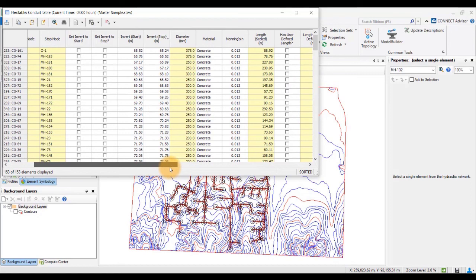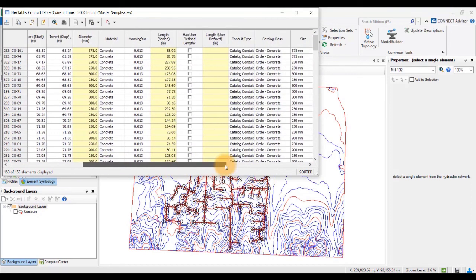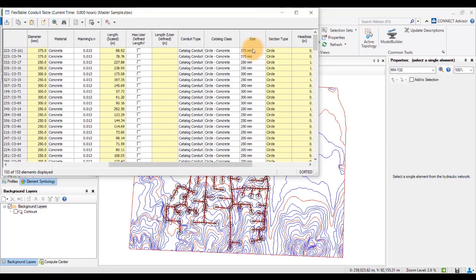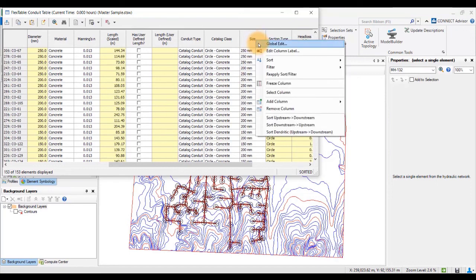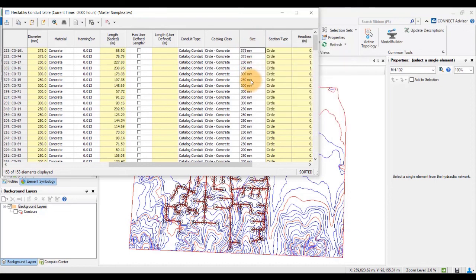So if we take a look over here, you can see that several pipe sizes are chosen. We'll global edit. Okay, sorry. So we can see that from minimum 150 to some 200, 375.